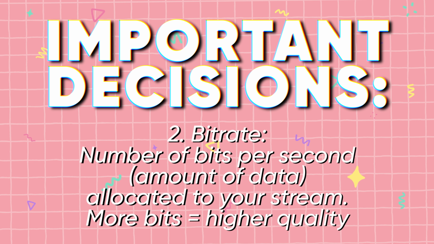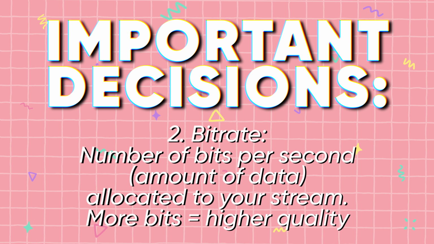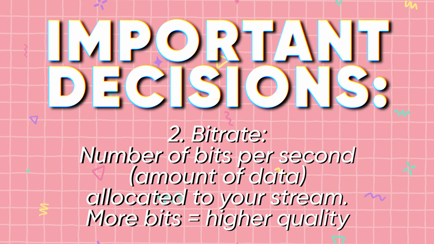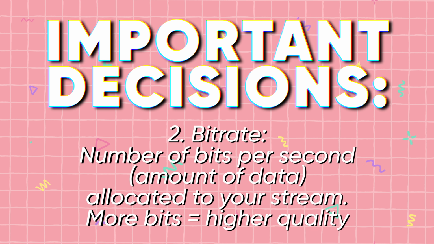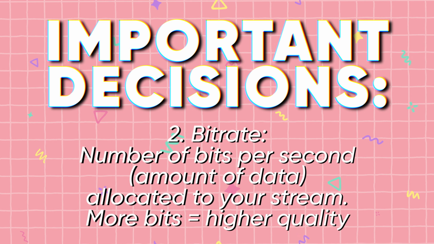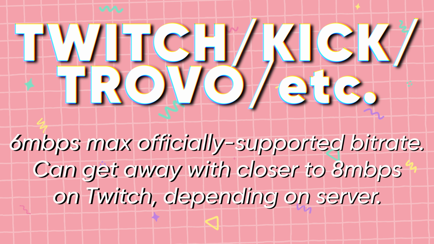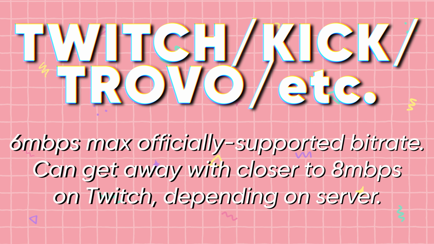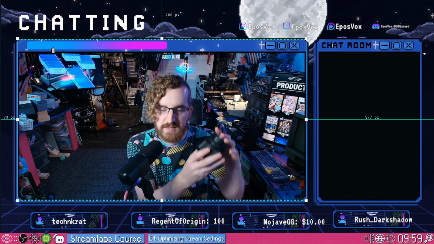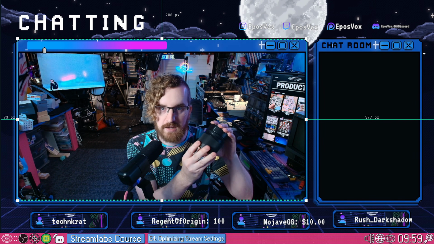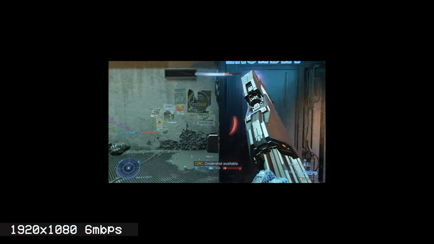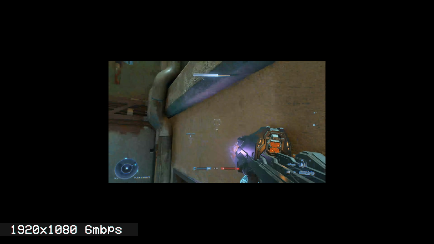The bit rate is the amount of bits, which is just data, per second that your stream gets. Twitch officially supports a cap of 6 megabits per second, but unofficially everyone's been doing close to 8 megabits per second or 8,000 kilobits per second total for their audio and video, which helps get you a little bit more quality. But that means that you have the set limited finite amount of bits that your stream can have, and the more that you make your frame bigger, the more those bits have to be stretched to a bigger frame,